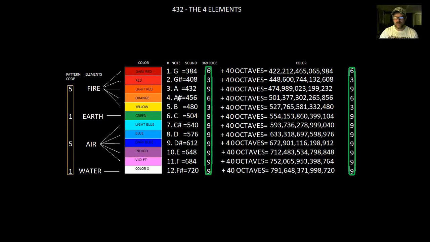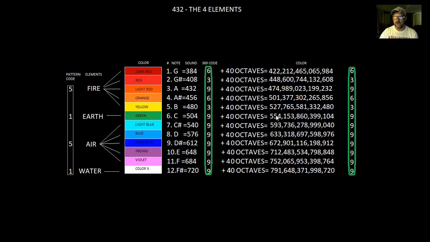A lot of them, half of them are out slightly, but then there's 4 of them. The B, C, the C sharp, and the F sharp are out by quite a bit. But the one that's out the most is the C, and it's out by 10 hertz. Whatever, I'm just pointing out that the Earth green C, this trillion